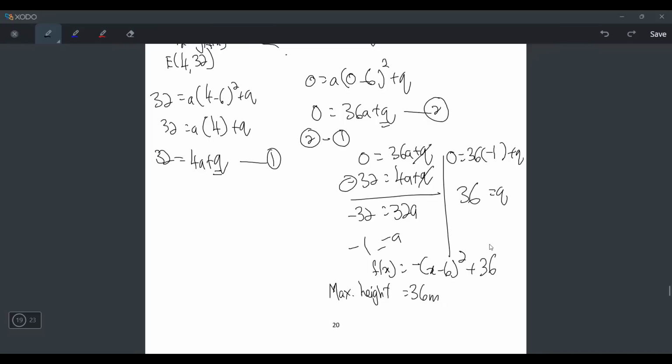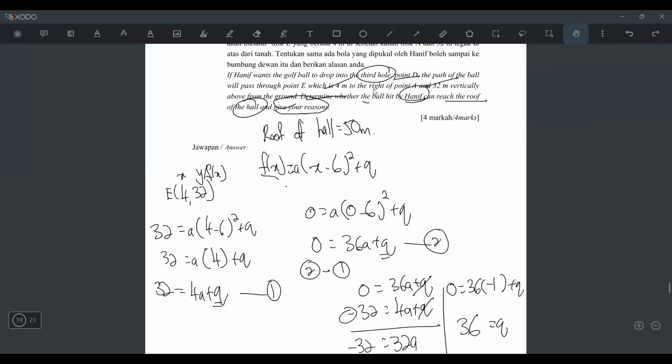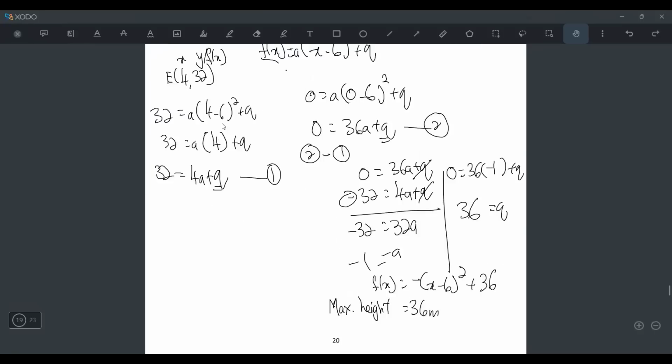Because if you want to know the maximum height, we look at the y coordinate, not the x coordinate. So the y coordinate is 36, right? But the roof of the hall is 50. That's why it doesn't reach. So how do we want to write? We have to write a sentence for them. So determine whether the ball hit can reach the roof. So we can write